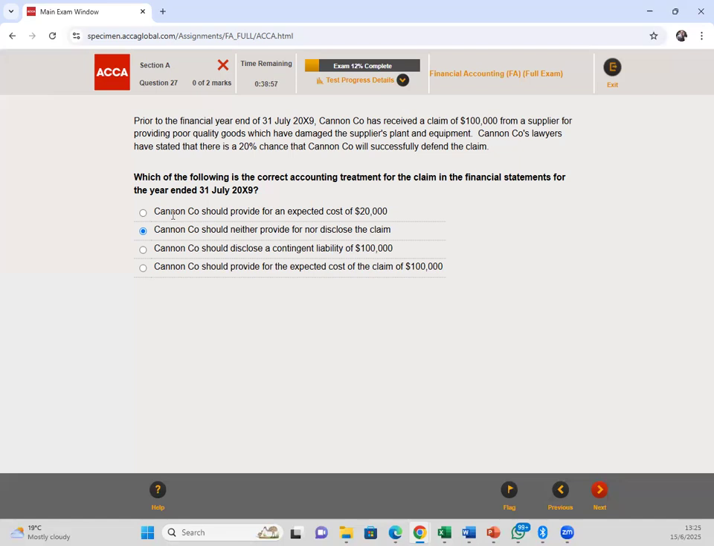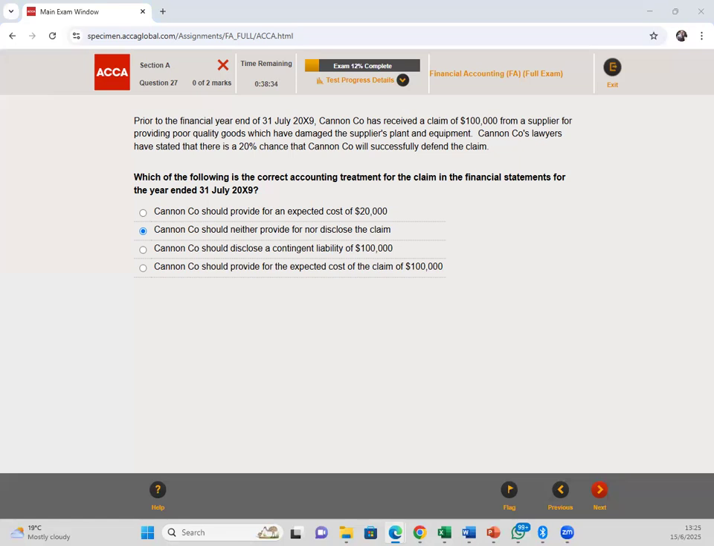Prior to the financial year end, Canon has received a claim of 100,000 from a supplier for providing poor quality goods which have damaged the supplier's plant and equipment. Canon's lawyers stated that there is a 20% chance that